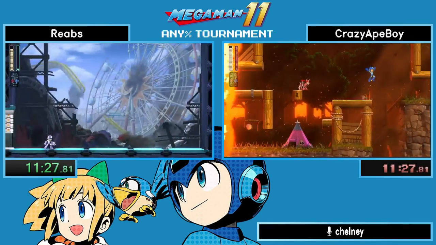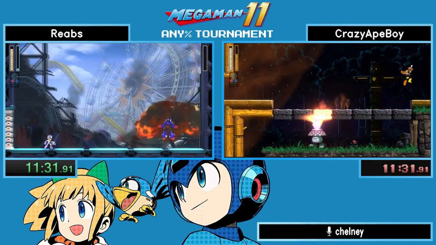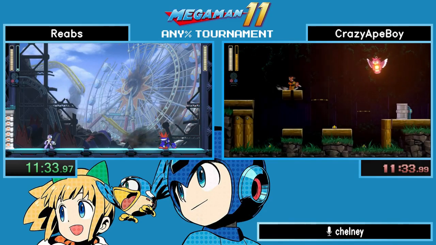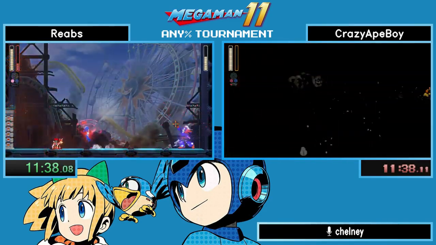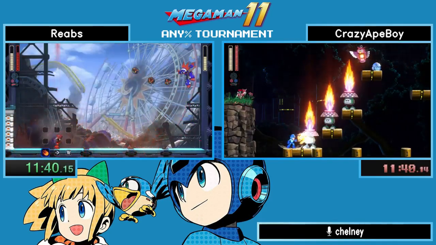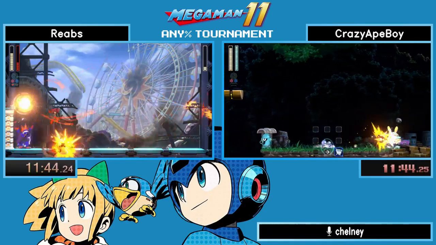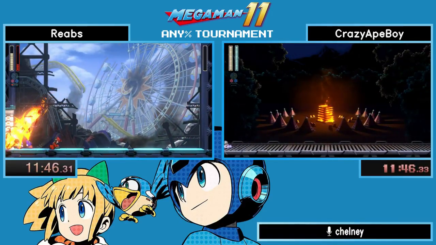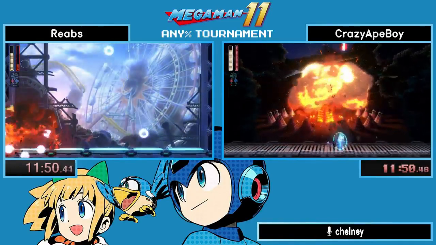So Reabs going into his Blast fight looks like he's going for the slightly faster Tundra opening. Because this is a new game, there's a lot of strats that have changed, even since the Twitch Rivals thing that happened near the tail end of last year when this game had come out. So there's a pretty wide range of strats that you might see from a lot of the people